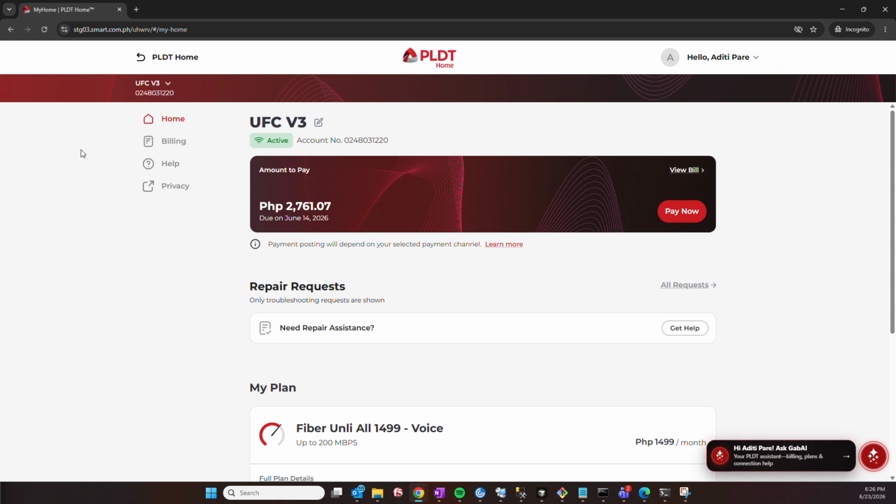Every PLDT customer knows the feeling. Your bill is due, and paying it means hopping to another app or site. Your internet is slow, and you don't know why or who to call. You file a repair, but you have no idea when it will be fixed. And to sort it all out, long hold times, jumping between apps, waiting on hold just to reach an agent. It's slow, frustrating, and way more effort than it should be.